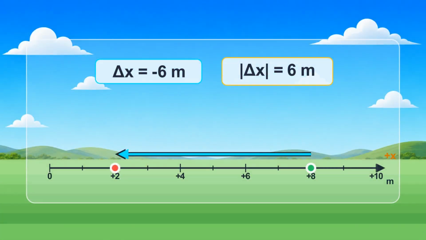So remember the complete picture. Position tells where the body is on the chosen axis. Distance traveled adds the length actually covered and is never negative. Displacement compares the final and initial positions, and its sign gives orientation. The magnitude of displacement is the non-negative length of the displacement arrow. This distinction prepares us for motion problems with negative coordinates, reversals, and different coordinate conventions.